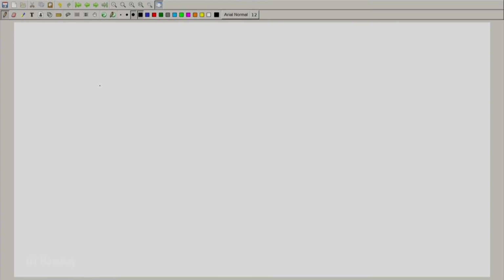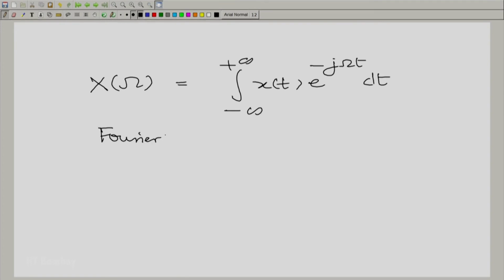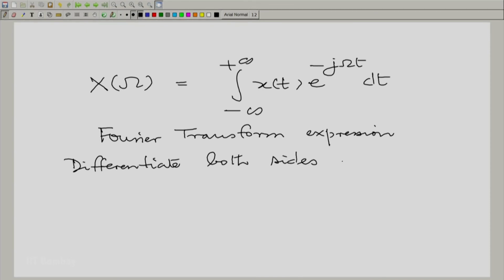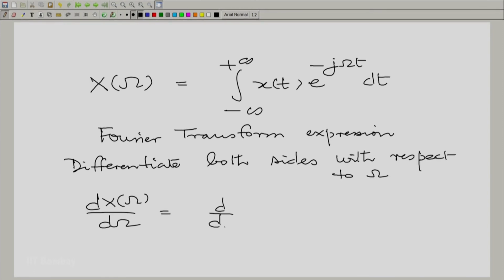Now, to answer that question, all that we need to do is to write down the Fourier transform expression and to differentiate it. Let us do that next. So, we write down X(omega) is equal to the integral from minus infinity to plus infinity of x(t) e raised to the power minus j omega t dt. This is the Fourier transform expression, and we differentiate both sides with respect to omega, the variable. So, once again you have dX(omega)/d omega, and here I can write down d/d omega of this integral,